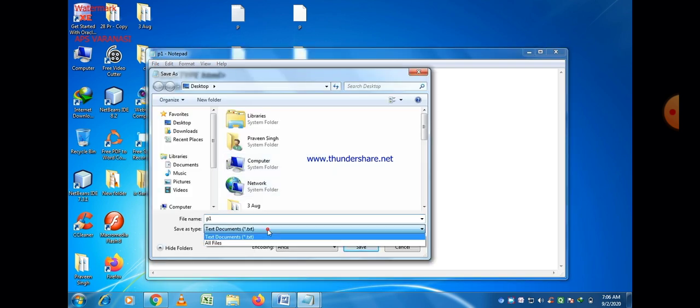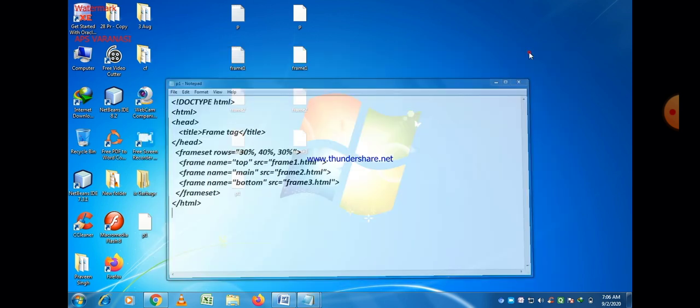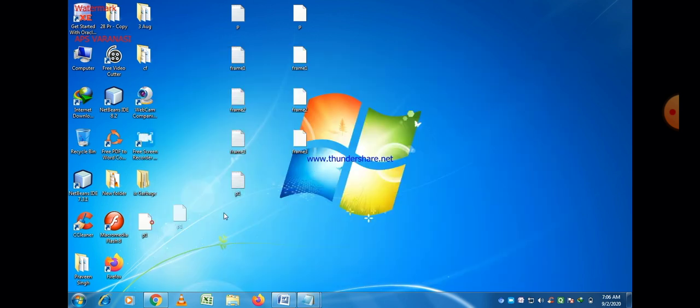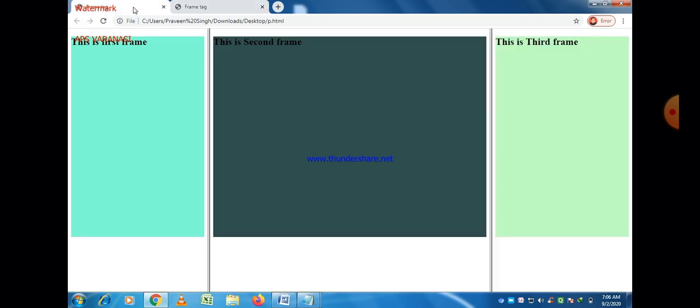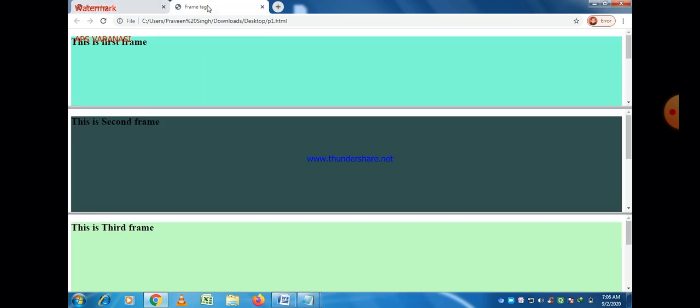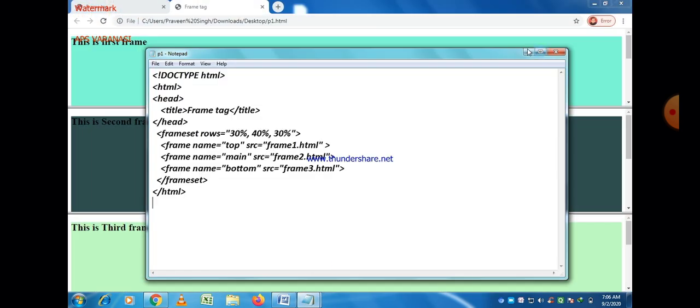Go to the save as option, give the file name, and just save the program here. Now you are able to execute this program. Just click on the file. Now you can see that 3 different sections are there in the form of rows, and this is because we used the ROWS attribute here instead of COLS.